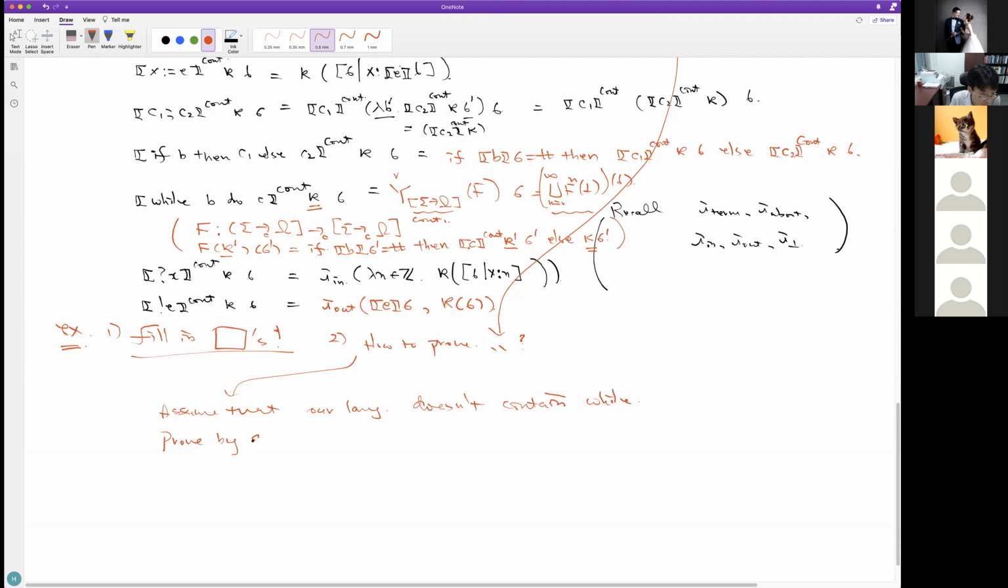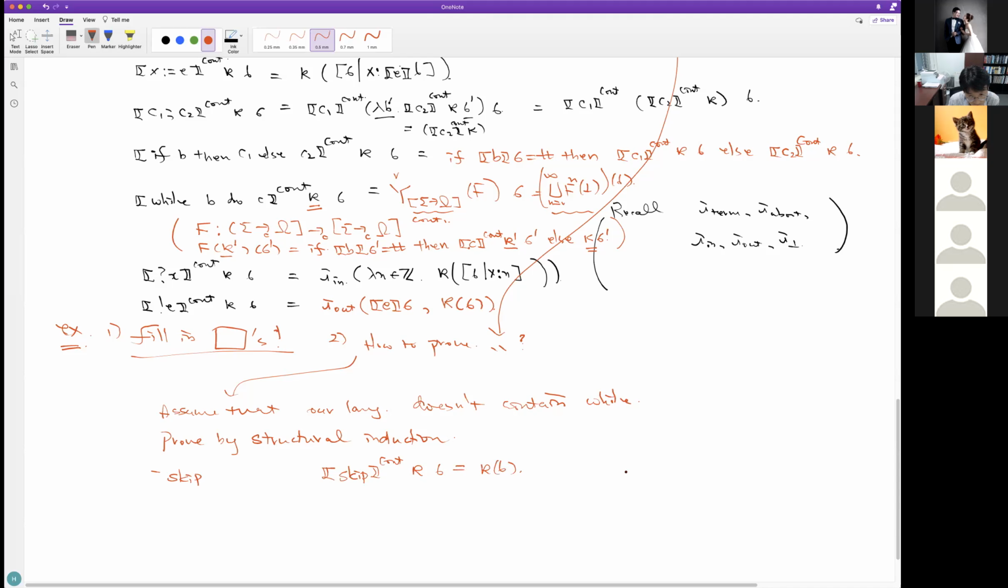We prove this by structural induction, which means that we prove this by case analysis. So the first case to consider is skip. In the skip case, the continuation semantics of skip, kappa and sigma, is kappa applied to sigma.